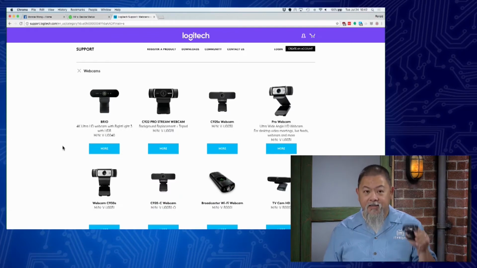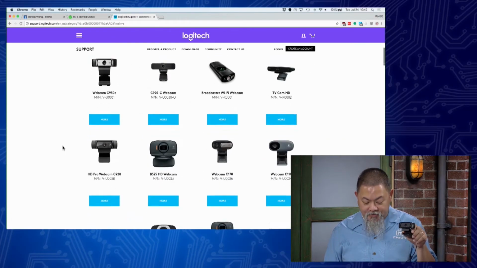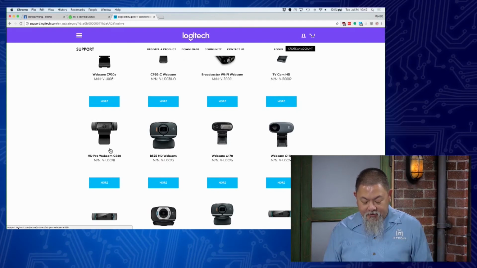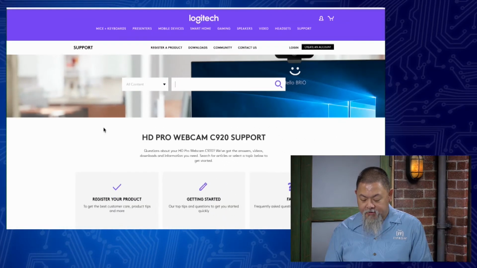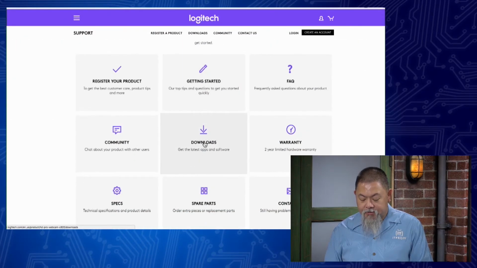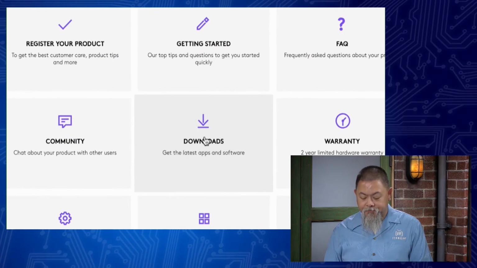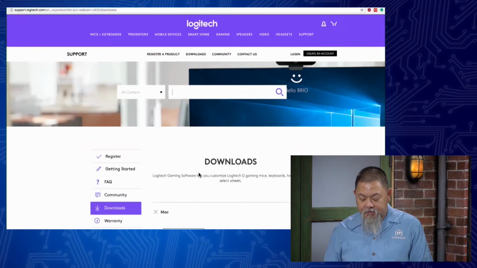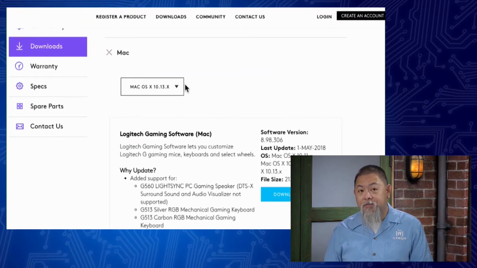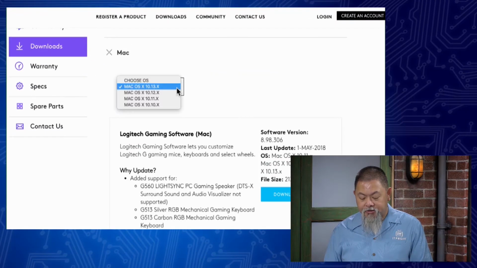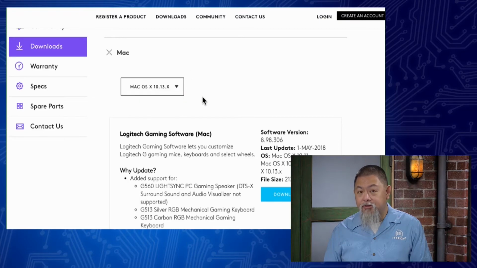You just simply find the camera picture that looks very similar to yours, if not the exact one. And I believe that this is the one that I want, which is right here. So I click on that picture, and now I have the support. If I scroll to the downloads, it's here. I can take a look, and it will normally show you which operating system you're on. It's able to detect what page you're on, so I can choose whichever the operating system is, and that's important, that you choose the right one.